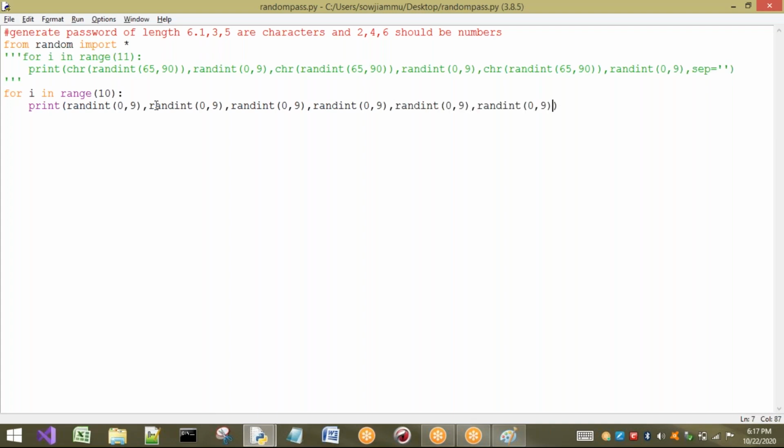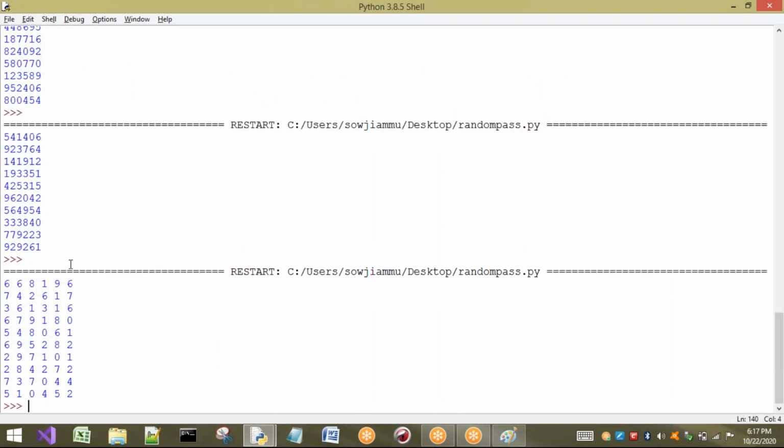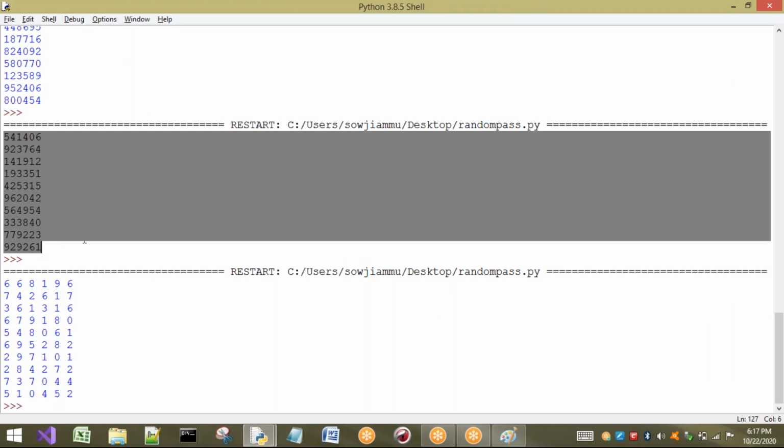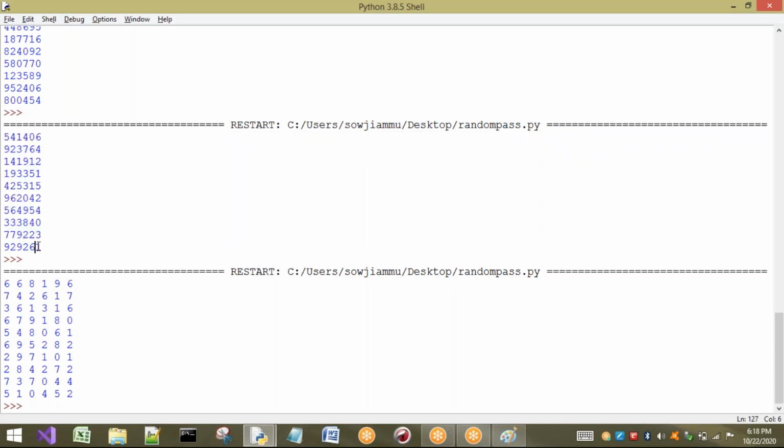If I execute this one, what you can observe here is that we are getting spaces. In the earlier case we did not have any spaces, because it is the entire one value only. But here these are not one entire value. This is a separate value, this is a separate value, and so on. 6 different values are there here, but there the entire value is only a single value, so we did not get any spaces. Okay.